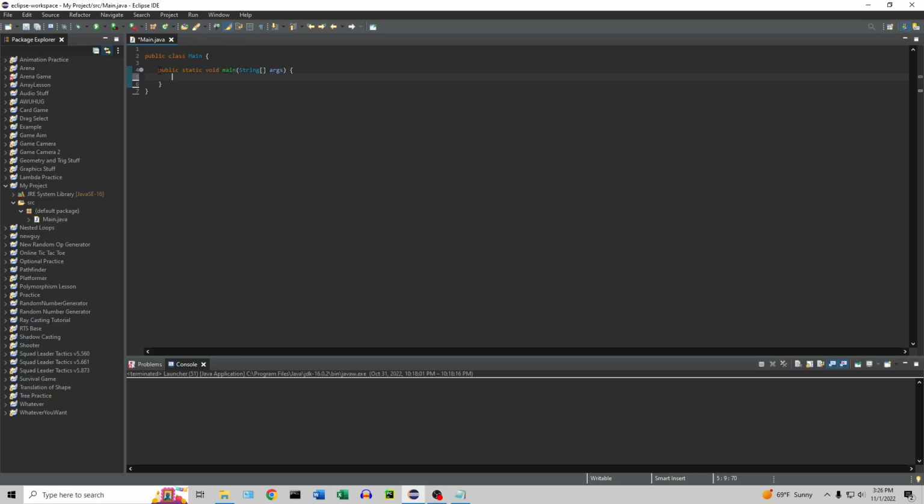Don't get too caught up on what these words mean. Eventually, you'll learn this, but you don't need to know it for now. But just know that you do need a main method in every single Java program, without exception. Okay. So when we talk about programming and Java,